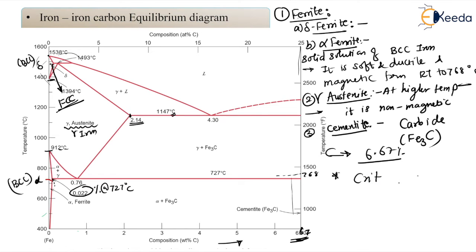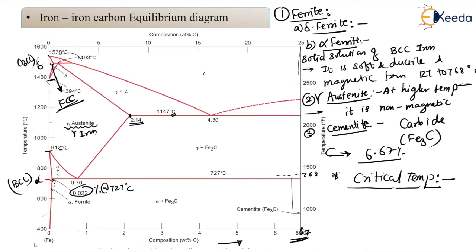So dear students, in the examination you can expect a simple 1 mark question. Okay, on these various phases, what is meant by cementite, austenite, what is their percentage of carbon, that is the solubility, maximum solubility of carbon at that particular temperature. So a very simple question they can ask on this information. So let us start, dear students, with the very important first temperature that we are having.